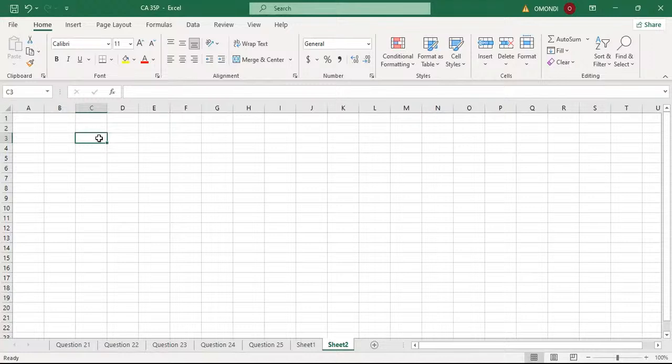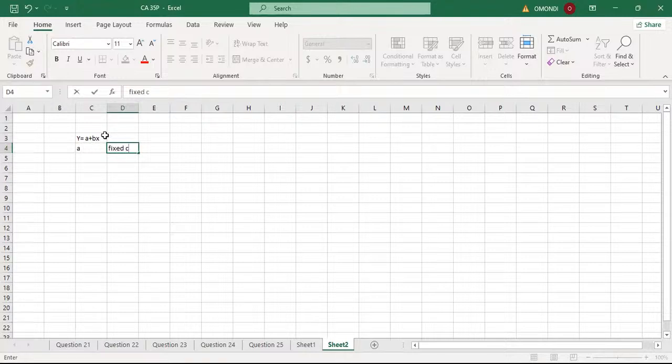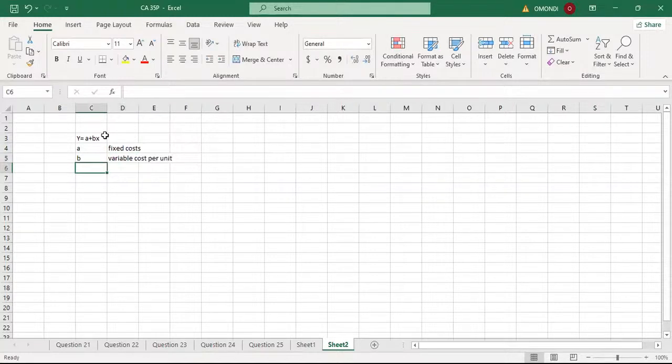So the function was y equal to a plus bx, whereby a was representing fixed costs, then b was representing variable cost per unit, and then we have x, which was the total units produced,